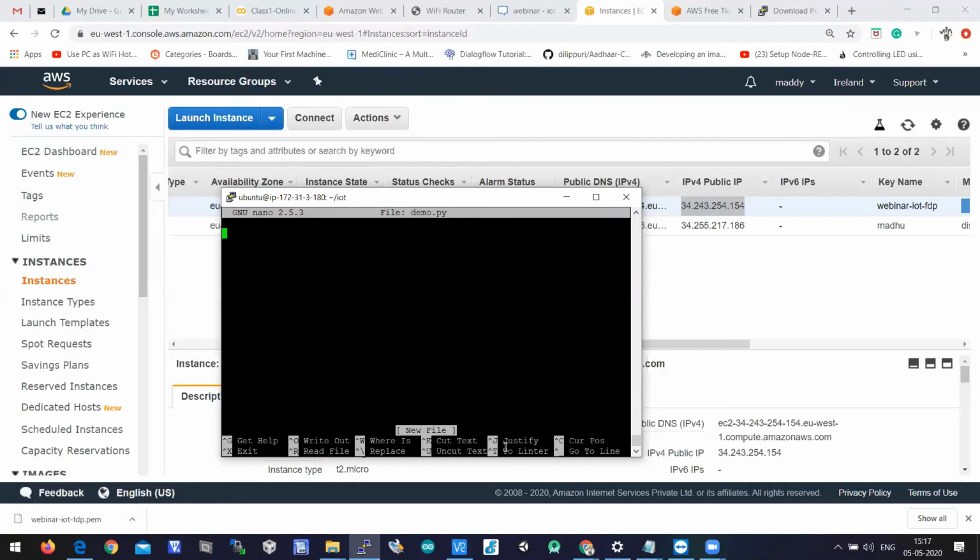An empty file will open. sudo is nothing but the administrative command. Nano is nothing but a notepad editor on the Ubuntu operating system, and the name of the file is demo.py.